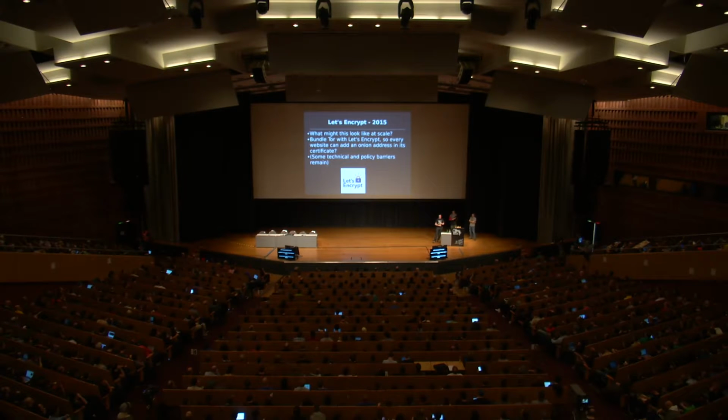Now, there are a few problems with that. One of the big ones is we want some way of binding the riseup.net address to the Onion address so that when I go to riseup.net, I know that I'm going to the correct Onion address. So we need some way to vouch for them and connect them through signatures or something. It can be done, but somebody needs to work out the details.